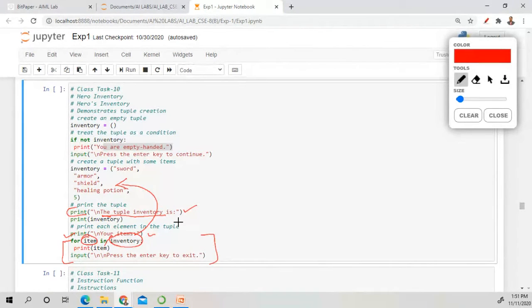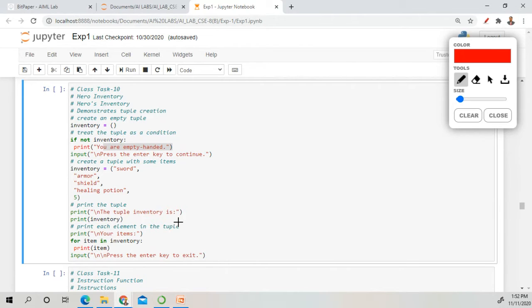Write in chat box. I explained earlier that inventory points to this complete tuple list. What does item contain? A string in inventory. Which position will it point to? Quickly give your response. Zero index.